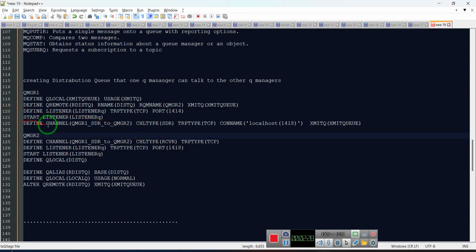Now I'm going to create the channel. I already said the channel name must match, and the channel type is sender because I want to make this a sender, and the transport type is TCP protocol. For the connection, we must give localhost because it's my computer. I want to use localhost. Otherwise, you will use the IP of this queue manager, plus this port, the listener port number. Make sure you use your own, not this one, because you want to establish the connection,